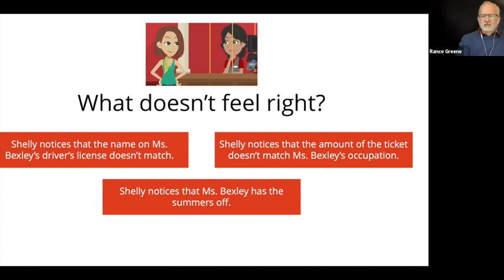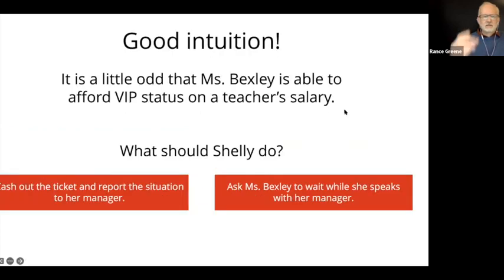Shelley notices that the amount of the ticket doesn't match Ms. Bexley's occupation, or Shelley notices that Ms. Bexley has the summers off. Which one of those things doesn't feel right? So yes, then the feedback: it's a little odd that Ms. Bexley is able to afford VIP status on a teacher's salary. What should Shelley do? And then of course from here, depending on which one they chose, it would give them